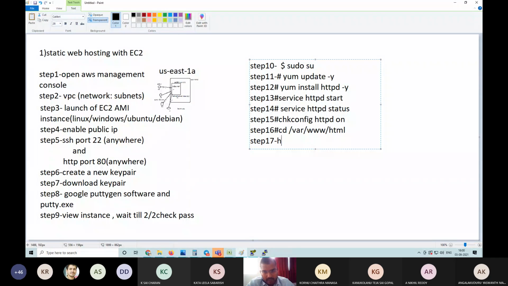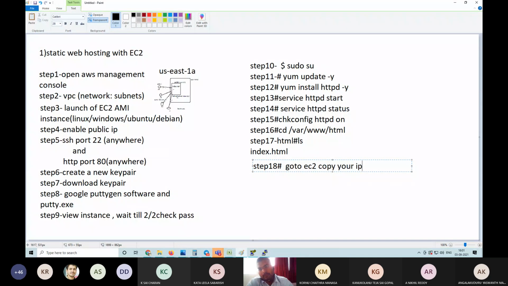You will be in the HTML folder, and there in the HTML folder, if you type ls, you will be able to see a file called index.html. After doing all this, you can see this default web page. If you want to see this web page, what do you have to do in your default Apache HTML file, in step number 3,